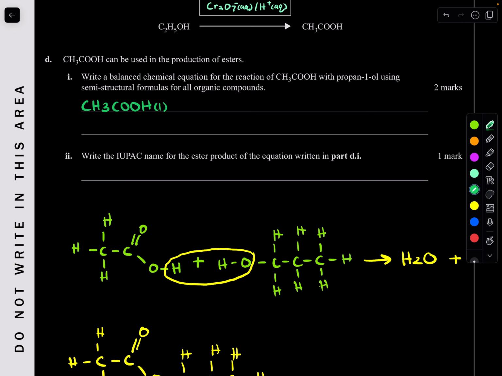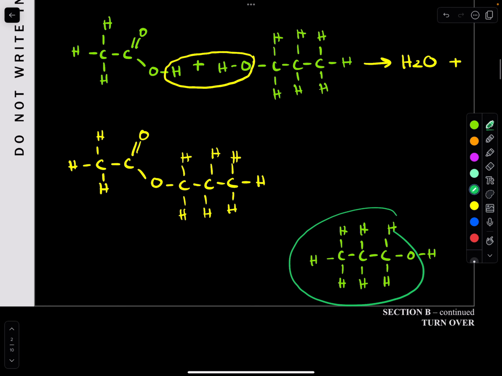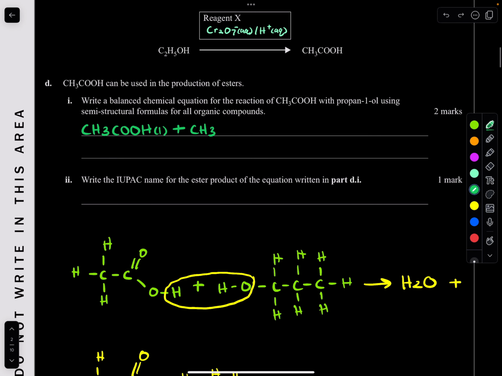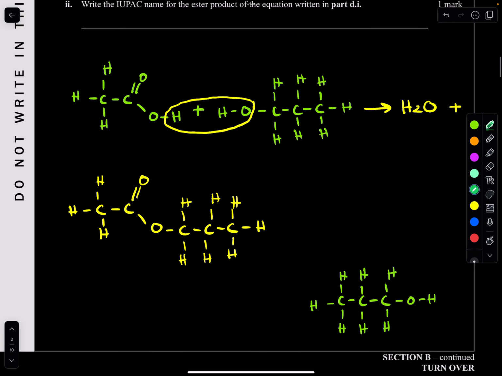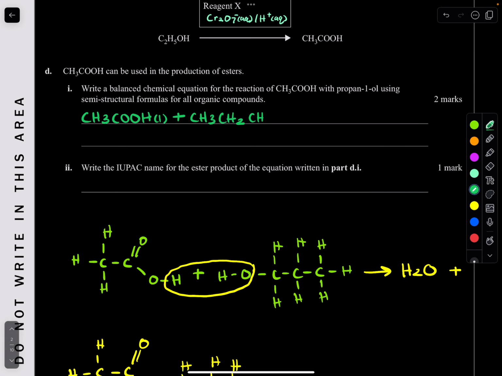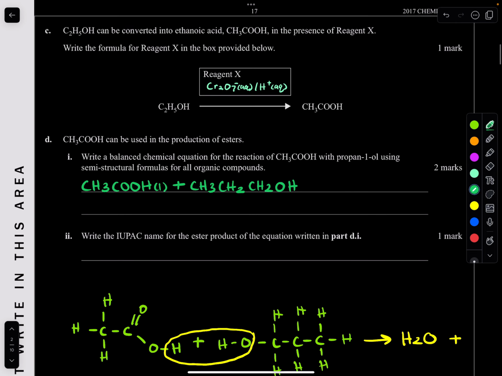Plus this over here, which is just CH3. I'm writing this one over here. It's easier to write than compared to that. So CH3CH2CH2OH. Beautiful. And also that's going to be in its liquid state. It's called propan-1-ol. And that is going to form,